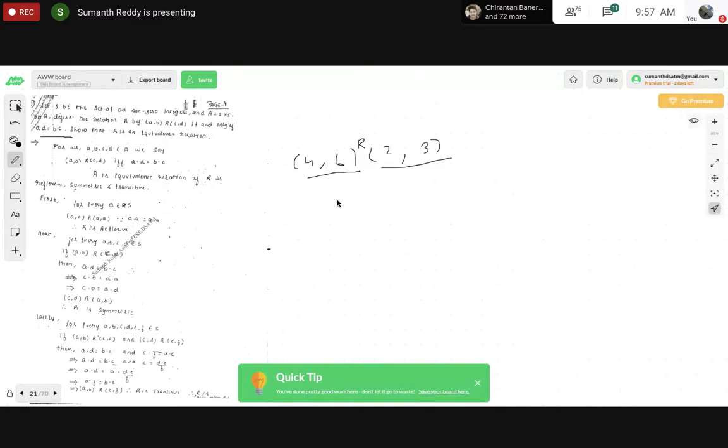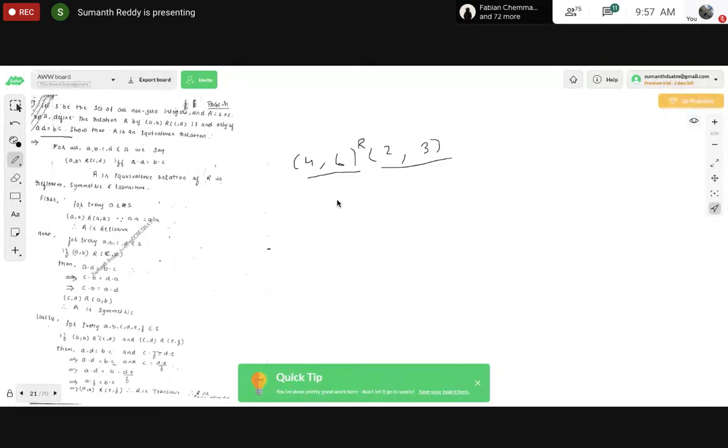Once you know the elements in the set, then only can you find the Cartesian product and write the ordered pairs in A, and then define these kinds of relations. Since he has not given the elements itself, you cannot find the ordered pairs. Simply check whether this condition is reflexive, symmetric, and transitive or not. That's all. Based on this, let us check whether it is reflexive, symmetric, or transitive.